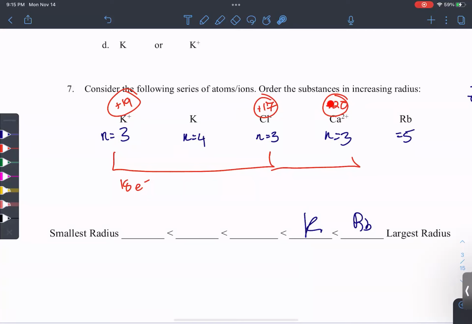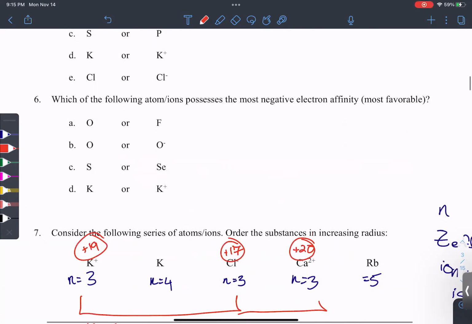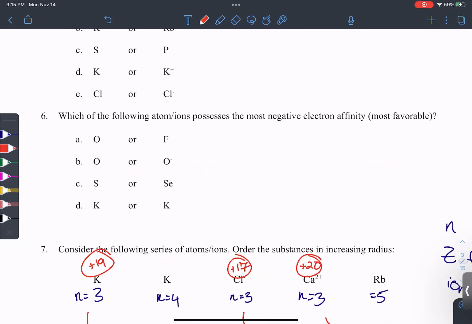You're most attracted to +20. So that means what? Are you the biggest or the smallest? Smallest, yeah. So calcium 2+, next it'll be potassium +, and then chloride minus. There we go. Good? All right. On that same vein, I want to do electron affinity because everyone